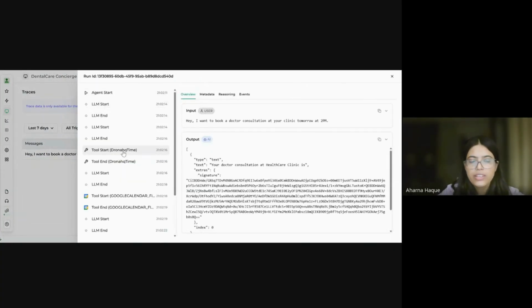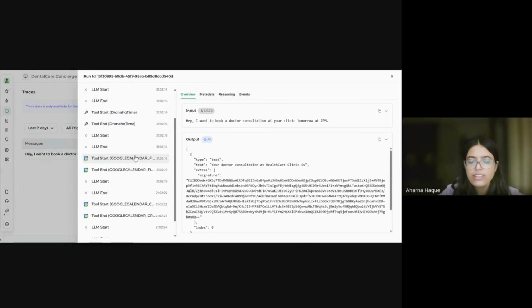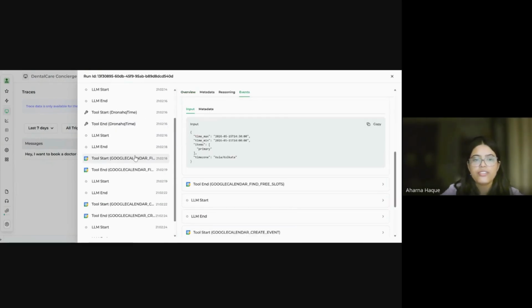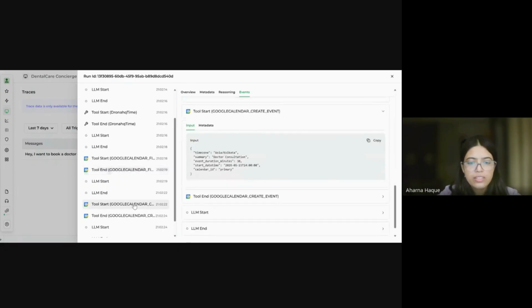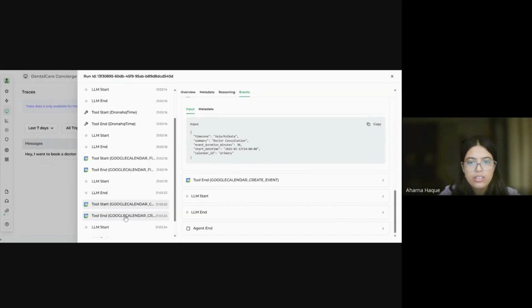So for example, it called the Drona HQ time, then checked the free slots, if 2 p.m. was available at all or not. And since it was available,